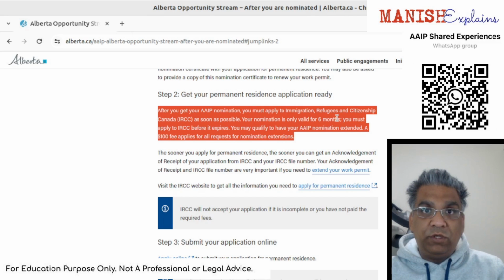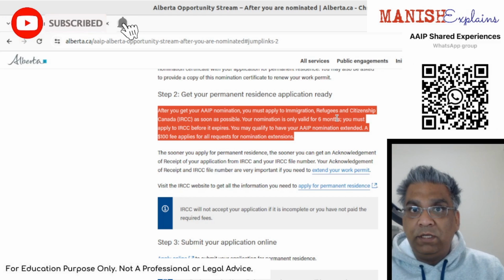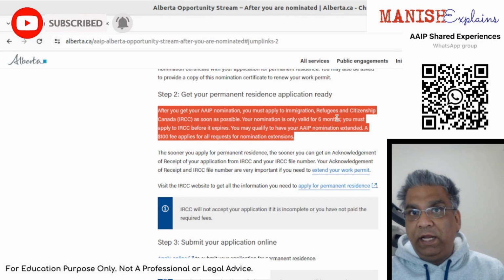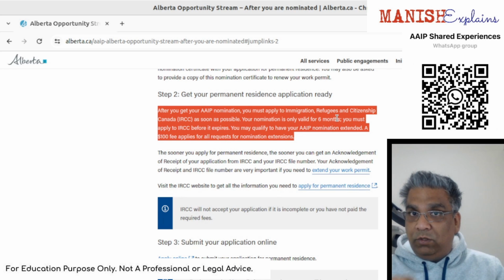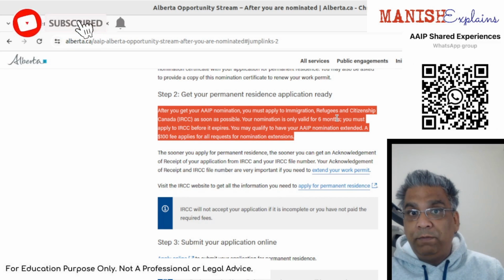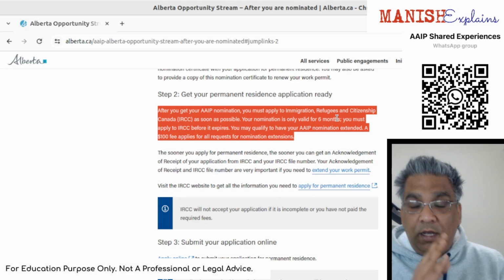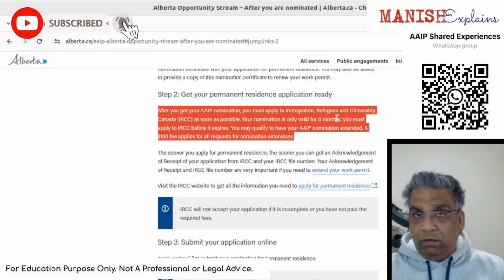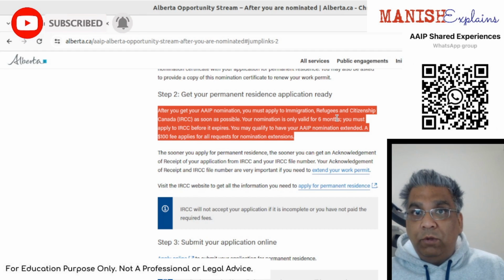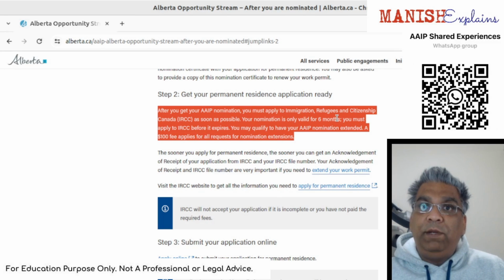Again, these two streams, AOS and RRS, are non-Express Entry based streams. So you don't have to wait for any nomination, 600 points or ITA for this. You just have 6 months to complete your application to IRCC. Again, this is only to complete your application to IRCC. After you get your application done, IRCC will take its own time to issue you the PR, and you should do that application before 6 months.